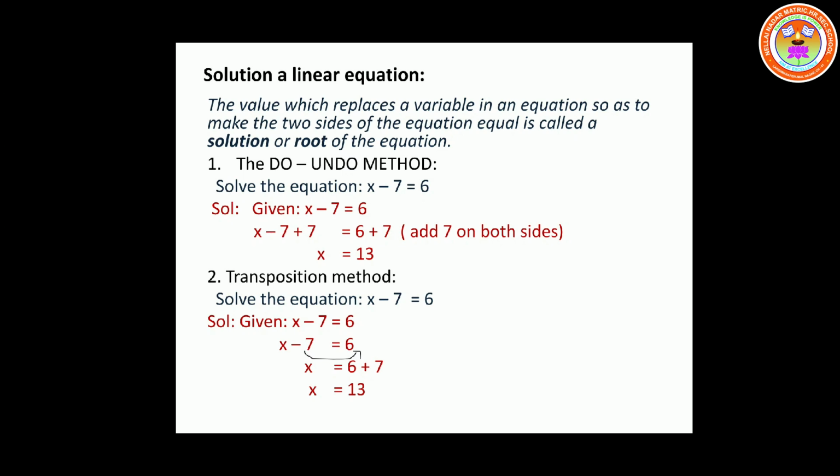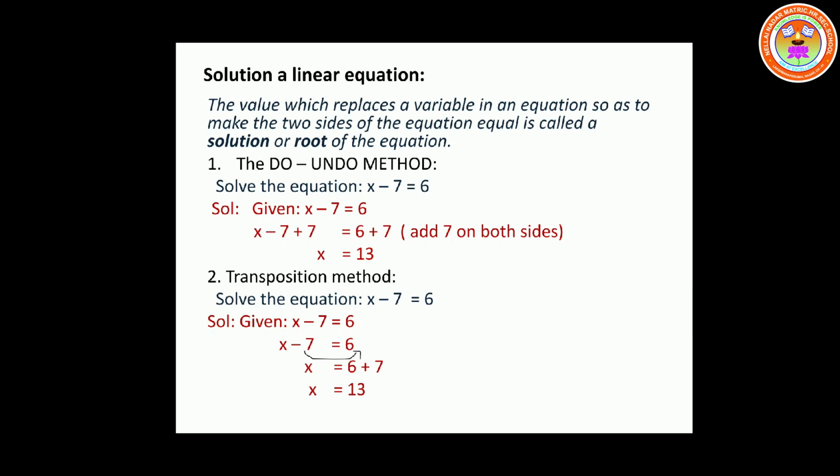Here I'm going to transport minus 7 to the other side. Now when I transport a number with any symbol, plus or minus, if I transport a number with the plus symbol, the other side becomes the opposite symbol. So plus becomes minus, and minus becomes plus. Minus 7, when I transport to the other side, becomes plus 7. Now after transposing, what is remaining?